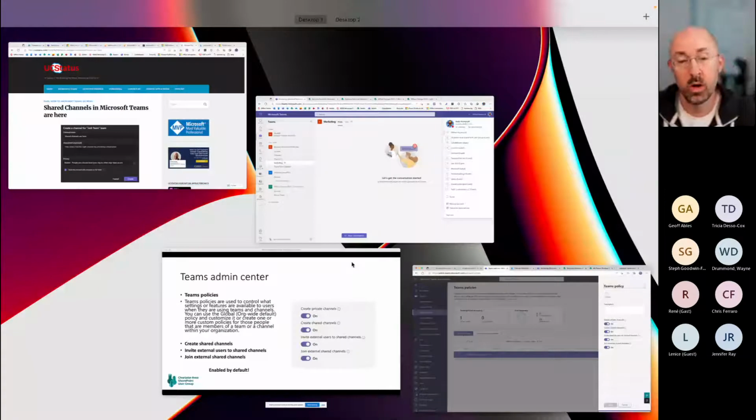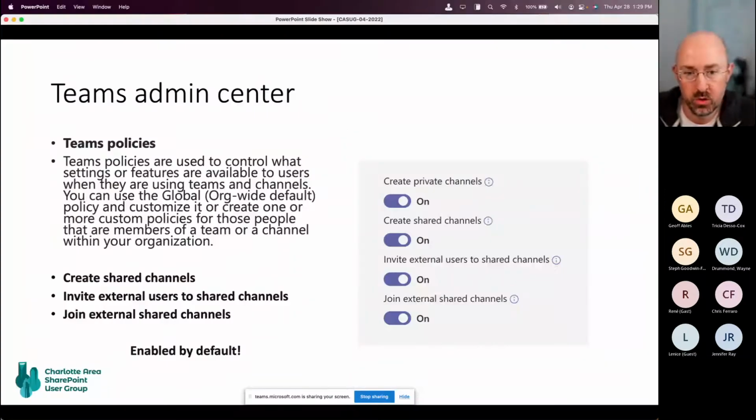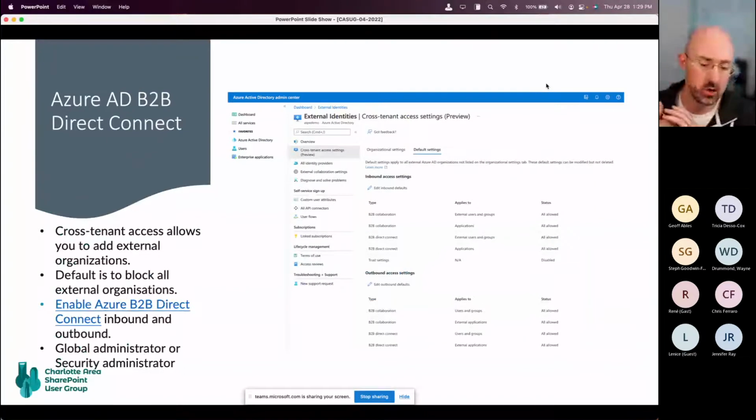All right, so that's one place where you're going to be able to control the creation of shared channels within the organization. And again, it's on in global, but you can create your sub policies and apply that to your users as needed. Now, the next thing, and you're going to need a global administrator or a security administrator to work